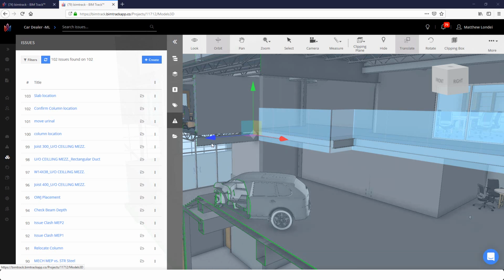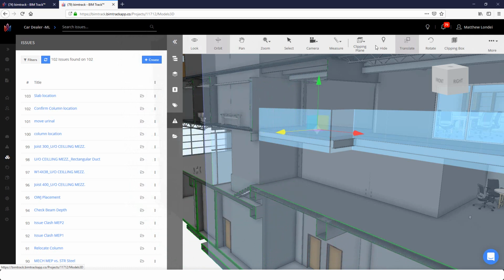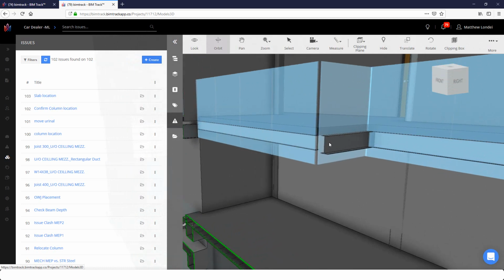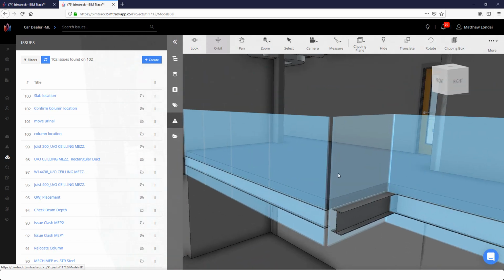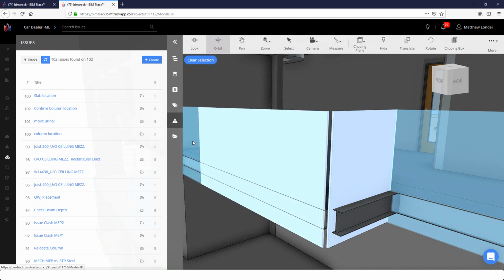So here we are looking at our project. You'll notice I have a clipping plane here. I'm just going to pull it back a little bit and then get it right out of our way. And I see an issue right here in regards to this beam not being underneath the slab, or perhaps the slab needs to be a little bit further out and we'd have to place these curtain walls a little bit differently. So first thing I'm going to do is select these curtain panels and I'm going to right click and